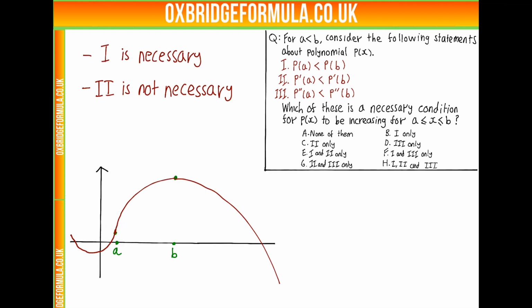How do we know this? We could make a polynomial looking like this. Well, it looks a lot like a cubic. So we could make various cubics that would be examples that look like this and would violate condition 3. And so we know condition 3 is not necessary for p to be increasing between a and b. And so we've got 1 is necessary, 2 is not, 3 is not. That matches option B in our answers, and so we know our answer is